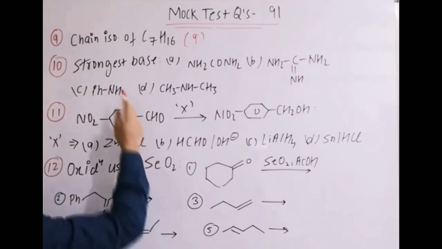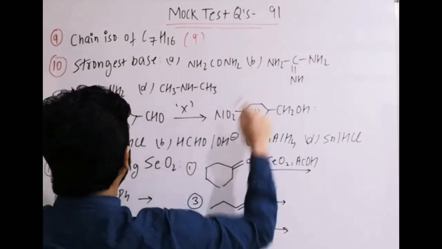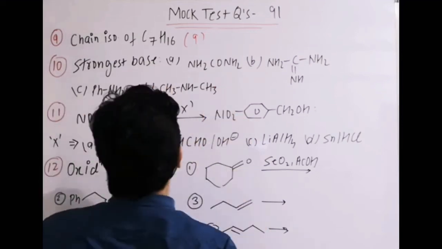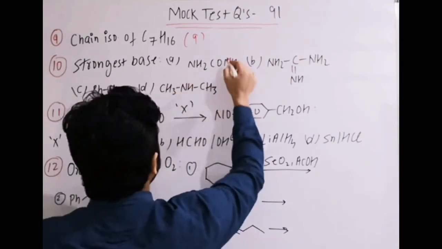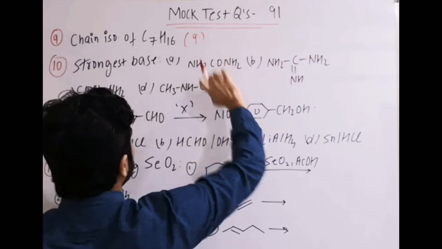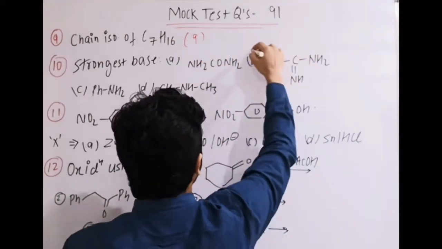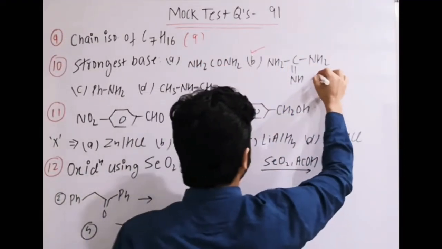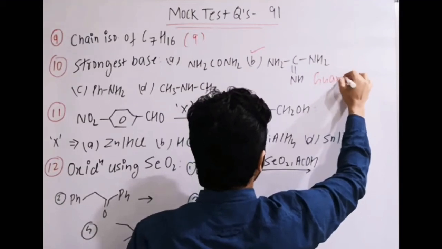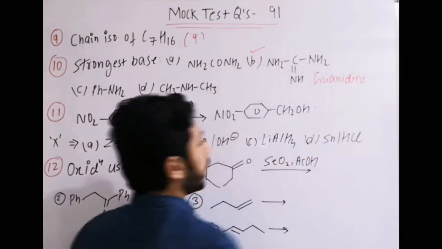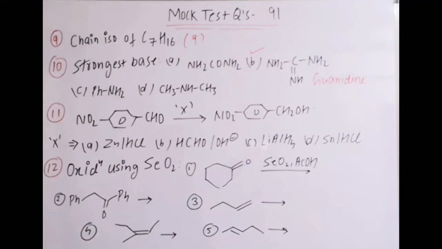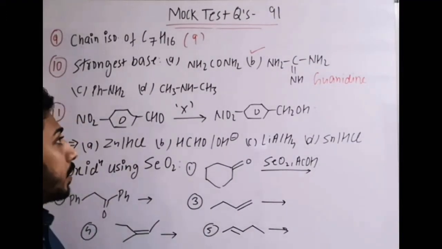Next question, you can think about it. Strongest base among them, I'm answering it. You can pause this video if you want to solve it. First one, we know NH2 is with -M effect, it is very less basic. Then here one of the strongest nitrogenous bases, which is guanidine. In your notes that example is already covered, that guanidine is one of the strongest nitrogenous bases. Why?